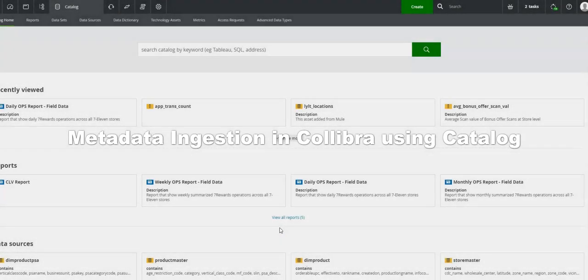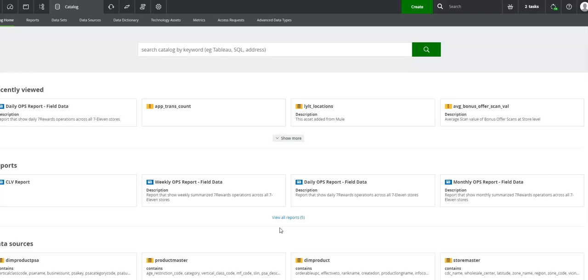In today's installment of Data Governance with Collibra, we're going to cover metadata ingestion using Collibra's newer catalog connectors. If you're on older versions of Collibra, 5.6 and before, you probably used Mule to ingest metadata, which would mean creating Mule flows, which were very flexible but pretty complex and needed a lot of technical expertise. So what Collibra has done in newer versions is provide these JDBC-based drivers, and I'm going to show you how